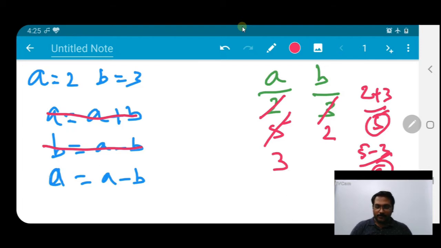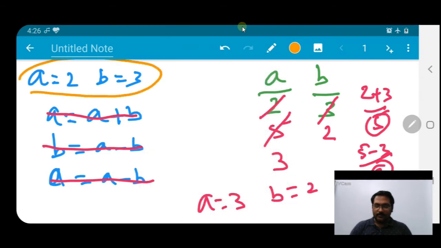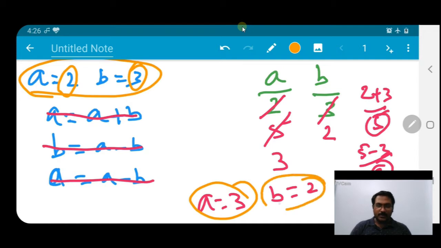So at the end of step 3, the value of A is equal to 3 and the value of B is equal to 2. Whereas previously the value of A was 2 and the value of B was 3. But now the value of A is 3 and the value of B is 2. Fine. So like this, the swapping of two numbers can be done without using a third variable also. Now let us go to the compiler, write the program and see how the program runs and how the output will come.